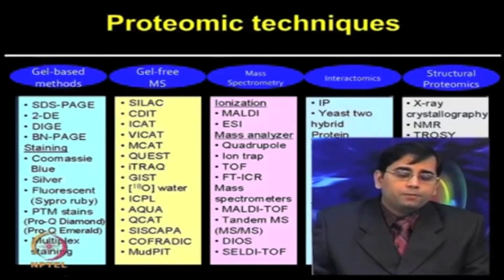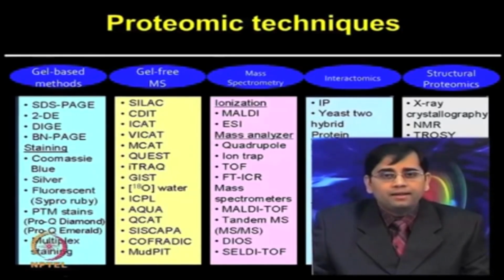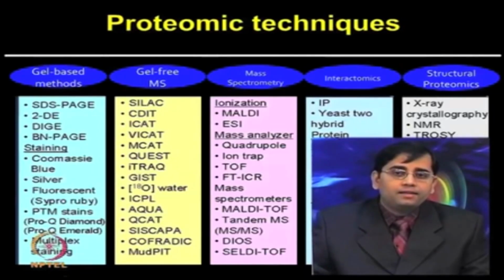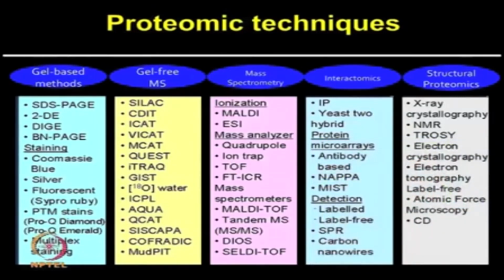The gel free methods, especially on the mass spectrometry side, include SILAC, which is stable isotope labeling by amino acids in cell culture, CDIT, culture derived isotope tags, ICAT, isotope coded affinity tagging, VICAT, visible isotope coded affinity tagging, MCAT is mass coded affinity tagging, and then QUEST, which is quantitation using enhanced signal tags, ITRAQ, isobaric tagging for relative and absolute quantitation, GIST, global internal standard technology, ICPL, isotope coded protein labeling, AQUA, absolute quantitation, CISCAPA, stable isotope